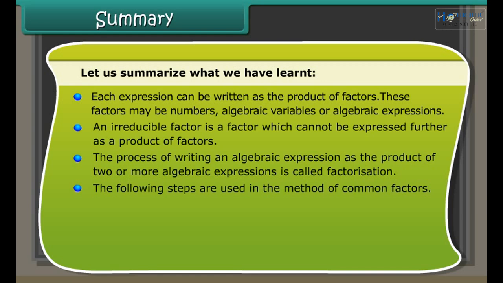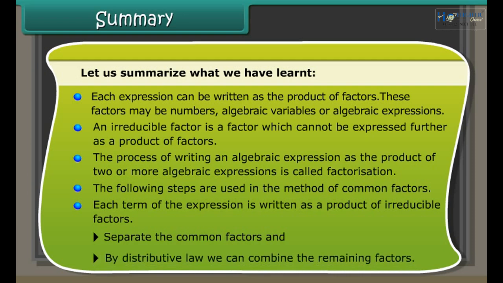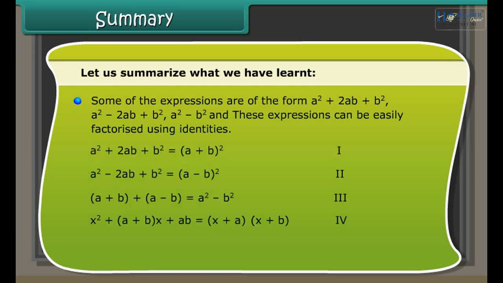The following steps are used in the method of common factors. Each term of the expression is written as a product of irreducible factors. Separate the common factors, and by distributive law we can combine the remaining factors. Some of the expressions are of the form a squared plus 2ab plus b squared, a squared minus 2ab plus b squared, a squared minus b squared, and these expressions can be easily factorized using identities. In case